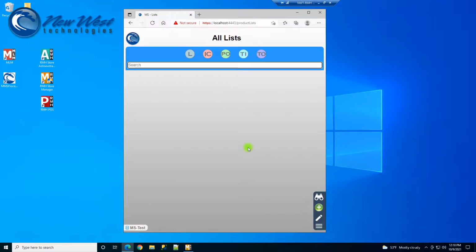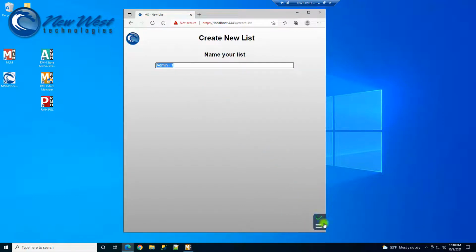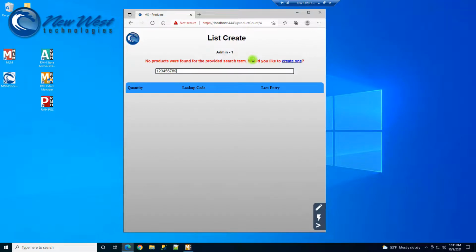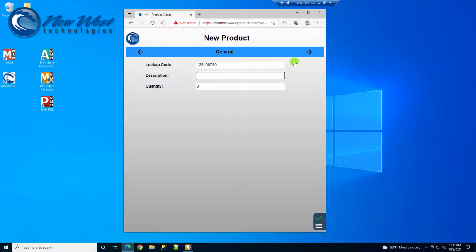Modern Suite also offers the ability for users with administrative permissions to create items on the fly. To start, create a new list and enter an item lookup code that is not currently present in the database. You will be prompted with the option to create a new item. Here you can enter the information for a new item,